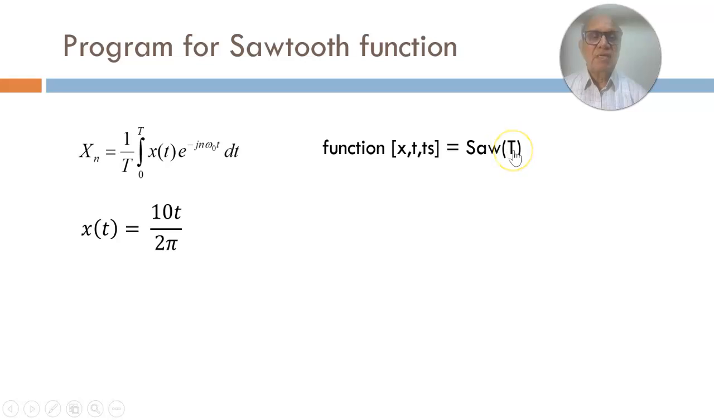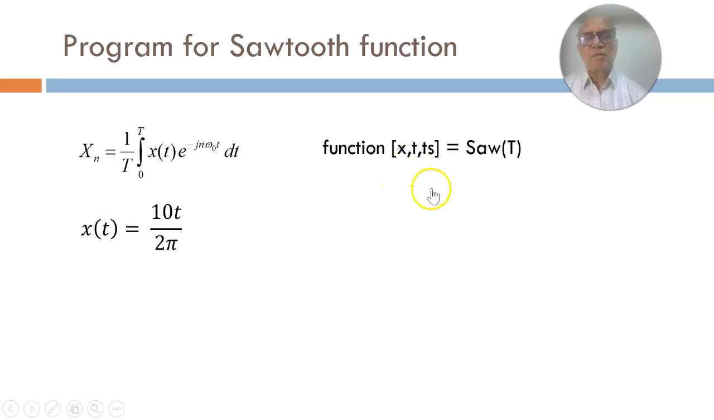Now T is the parameter which is passed from the main program to this function. So T is the input parameter, and that corresponds to the time period of whatever waveform that you are trying to generate, in this case, the sawtooth. These are the output parameters. So x is the signal itself, t is the time vector, various time values, and ts is the sampling time. These are all generated inside the function